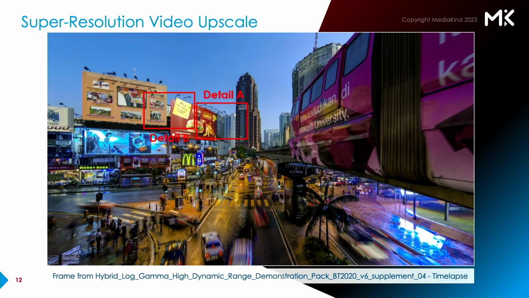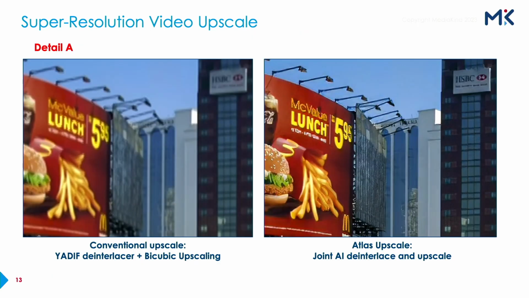But when you're trying to upscale that many frames, and big frames, it becomes an issue very quickly. So this is an example now for video super resolution. It uses the temporal component and does both the deinterlacing and the upscaling, and again focusing on the detail, on the left you have typical YADIF, the deinterlacer, followed by a bicubic upscale. On the right, you have our method used to do both. Again, not sure how well you can see it, but we have a demo at our stand that you are more than welcome to pop by and have a look and make up your own mind.